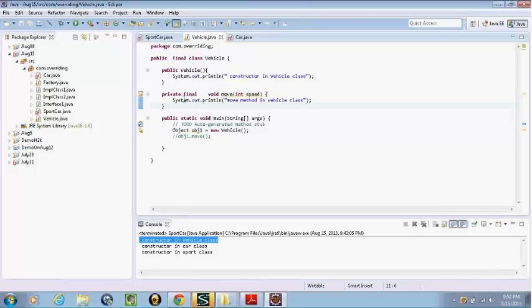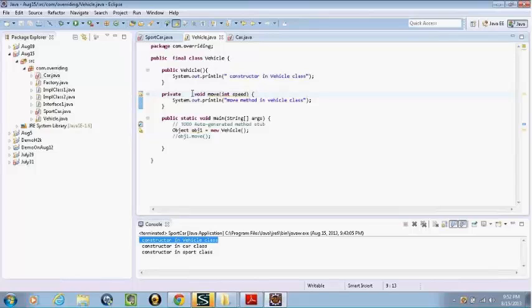They are duplicate methods. No, Neha. See, my question is, now you are defining this move function as private. If I replace it by public final, what is the difference between the two methods? Anyway, I am not able to access this particular method outside the class.